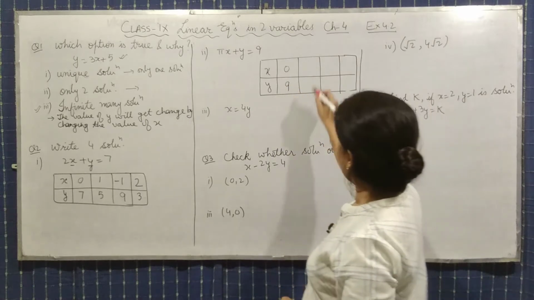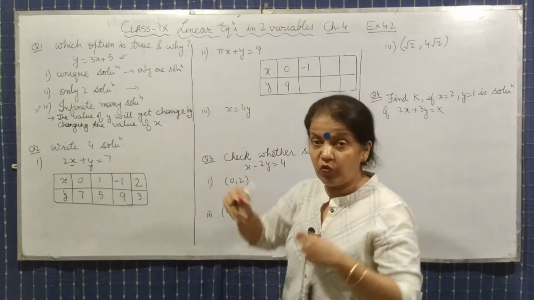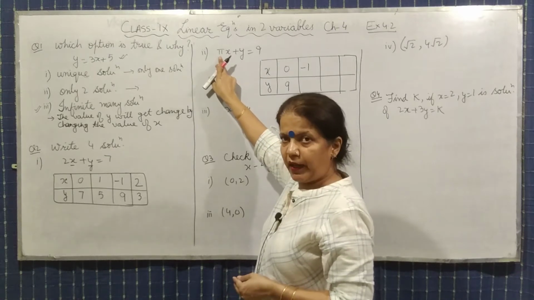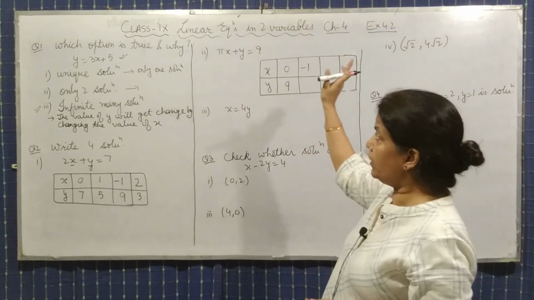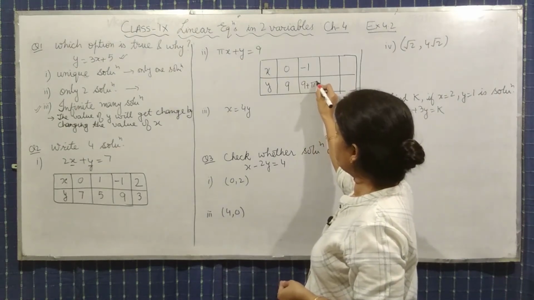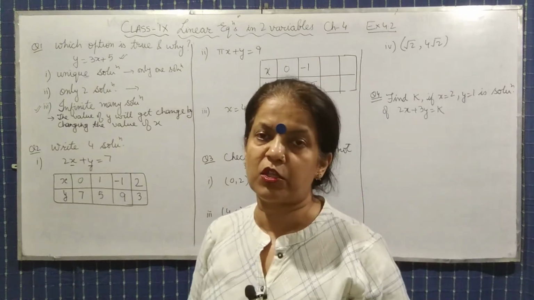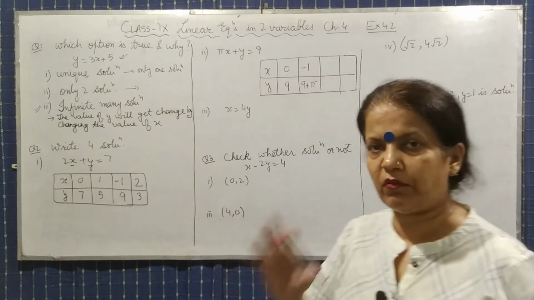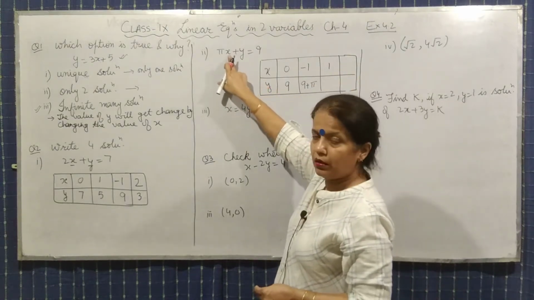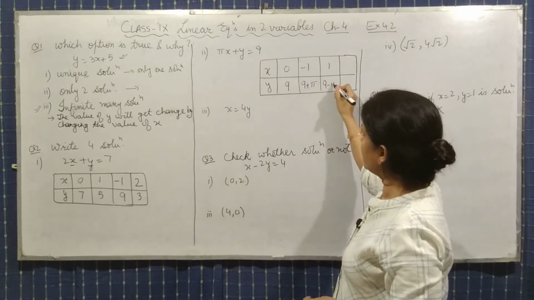Okay. Now take the x value as -1. Try to do it verbally. So it will become minus pi. Shift it to the other side, it will become plus pi. So the y value will be 9 plus pi. Don't convert pi into 22/7. Keep it as it is. Now take it as 1. So pi will come. Shift it to the other side. You will get 9 minus pi.